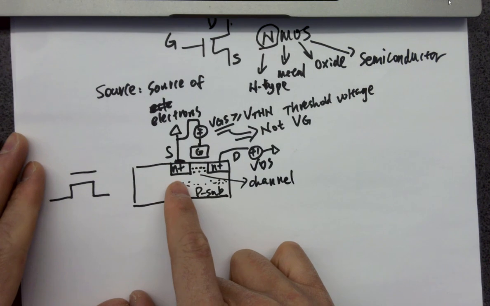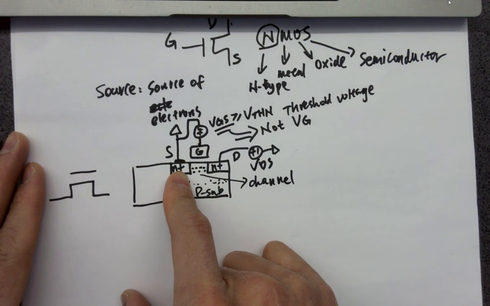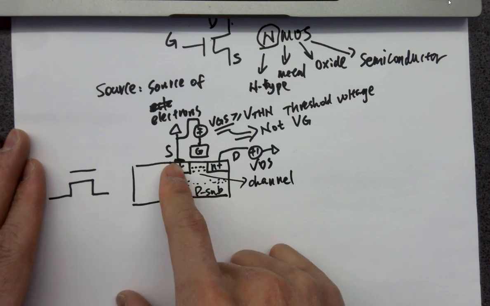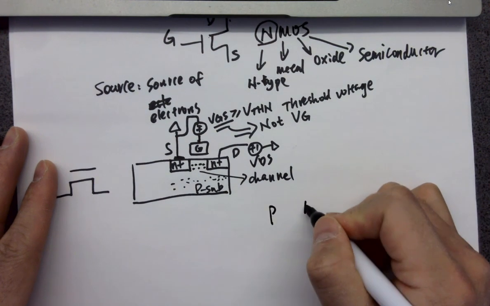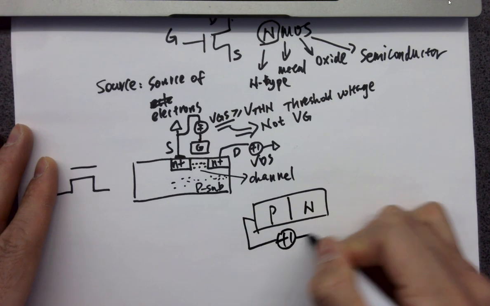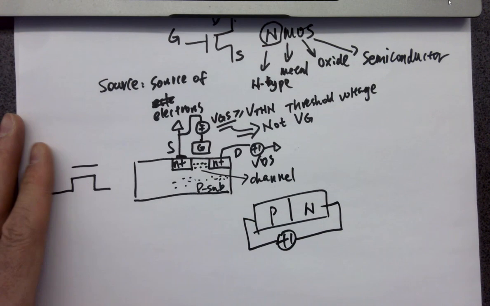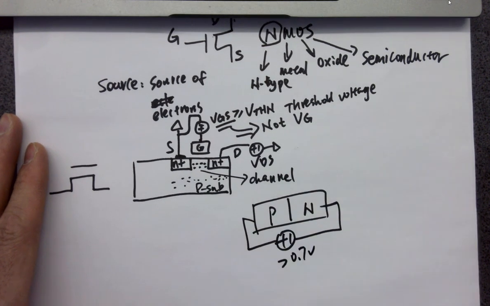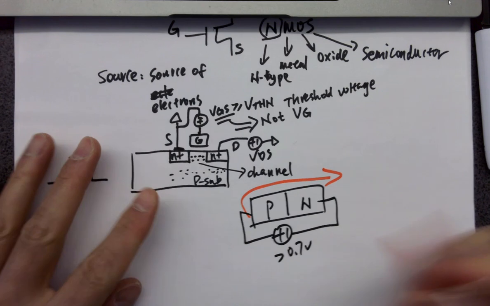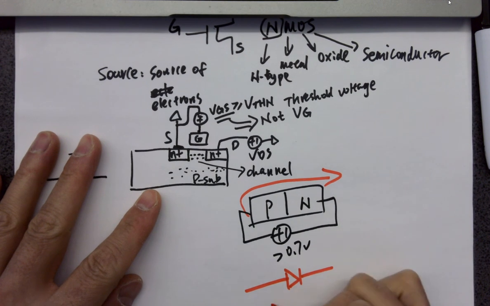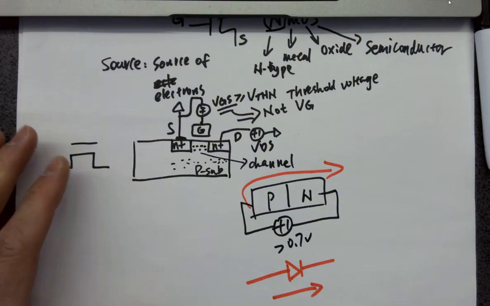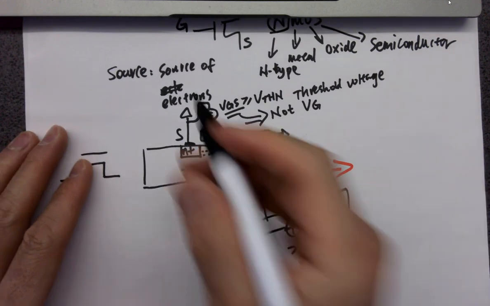So you can see this is a PN junction, which reminds you about what? PN junction is the diode. If you forward bias it, what's going to happen? Whenever this is larger than 0.7 volts, for example, it's going to flow current into it. Forward bias it, because this is a diode, right? It's going to run current from left to right, but not right to left. So in that case, what's going to happen is,